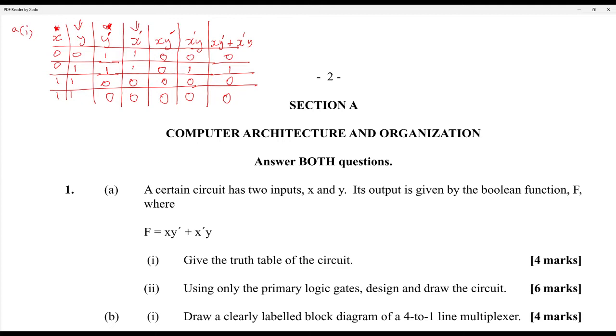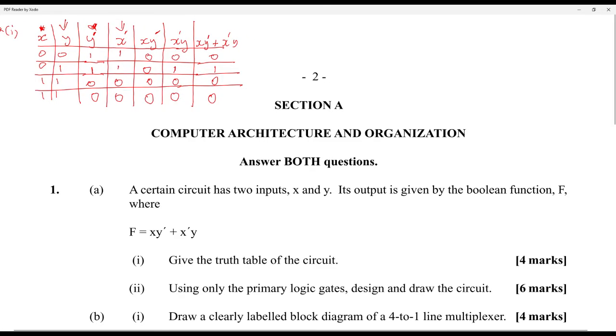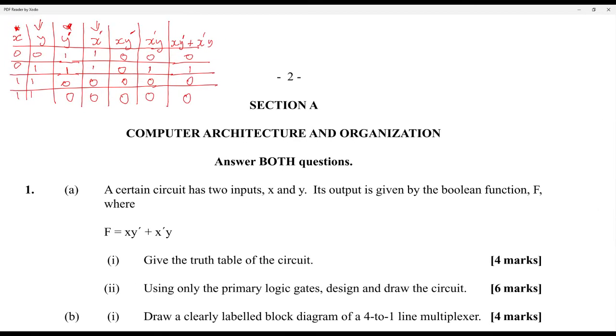Now give the truth table for the circuit using only primary logic gates. So we could work it backwards, starting with the plus sign, which will be represented here. That'll get the output of f. What comes into it will be something with x and y, but we have some nots taking place. So they are leading back to ands, and the two ands are going to be there, and then you're going to have the nots that are going to invert them.